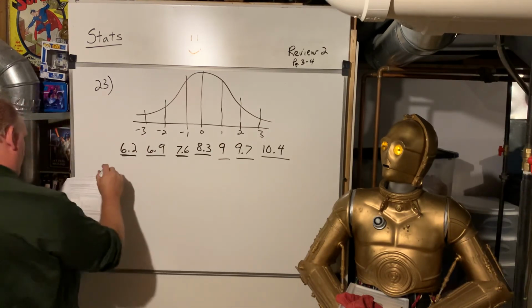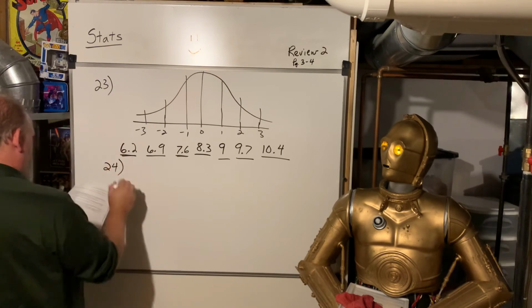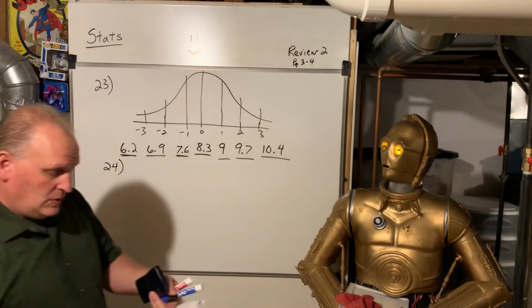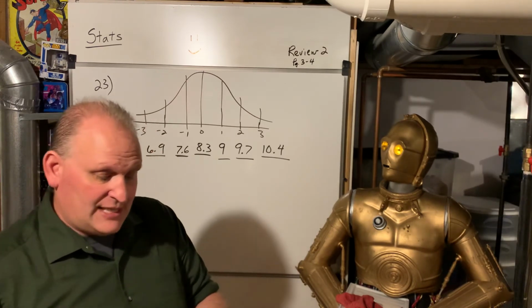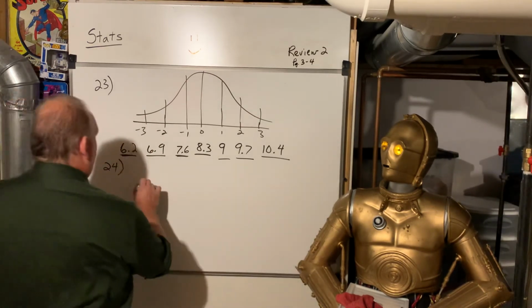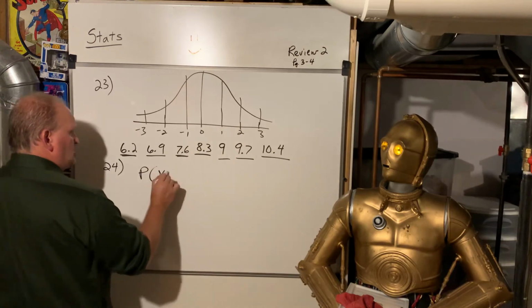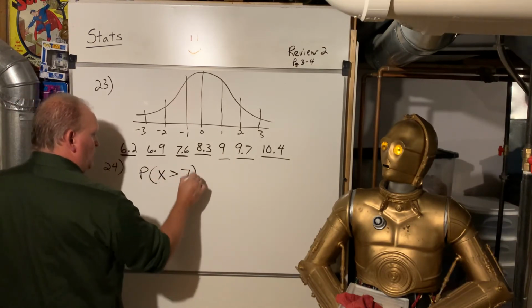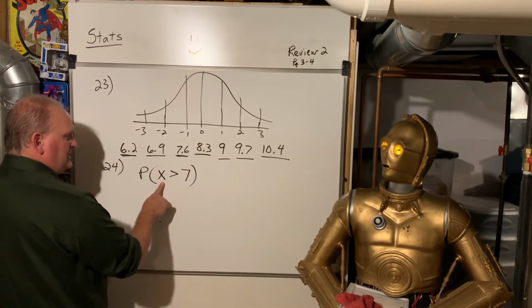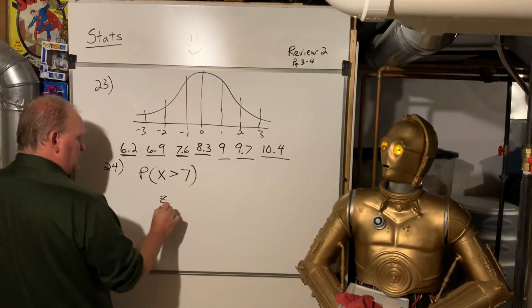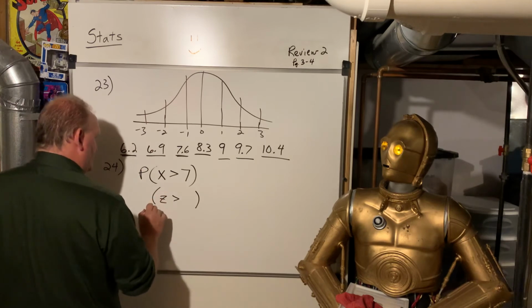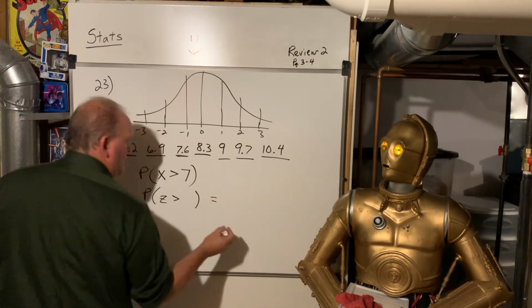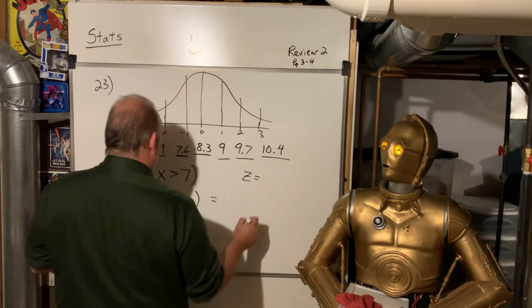So let's look at 24. They want to know what is the probability a randomly selected car is older than 7 years. So they want us to find the probability x is greater than 7. Well, we have to convert that x into a z-score. Okay, so let's do that. So z is equal to